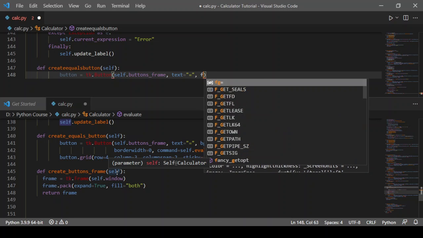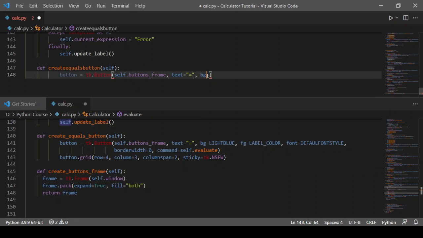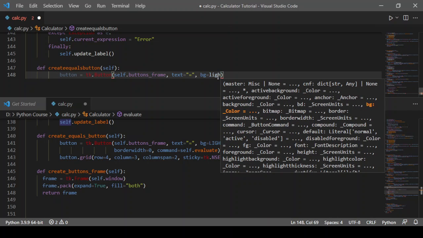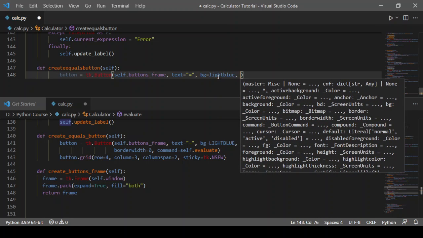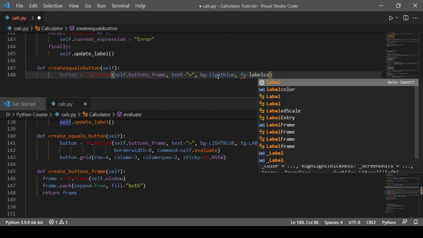Oh right, first we'll write bg equals to, yeah, bg will be light blue. We are using the light blue color we made earlier. Light blue comma fg equals label color